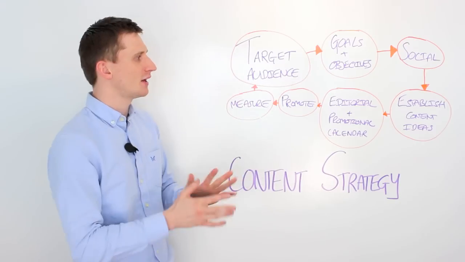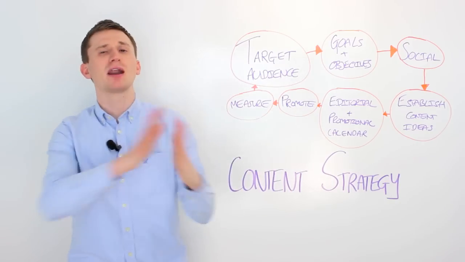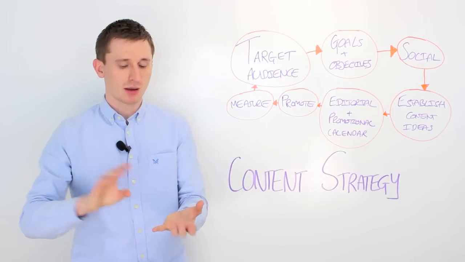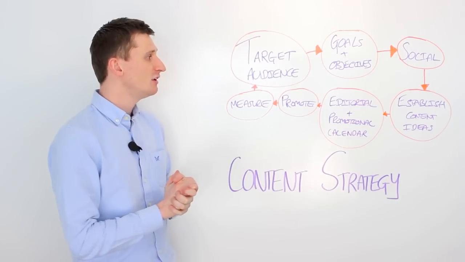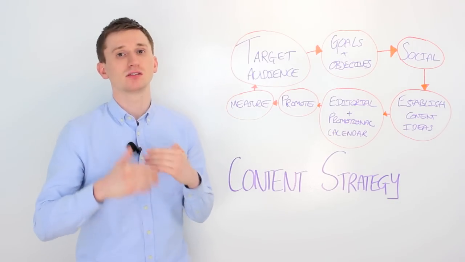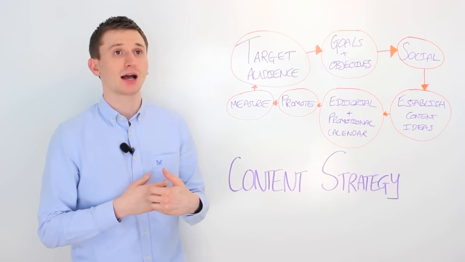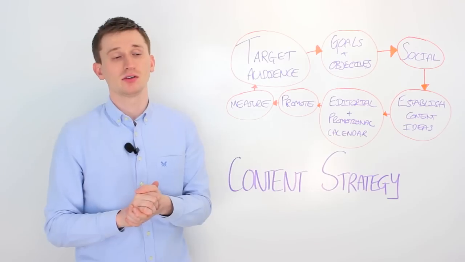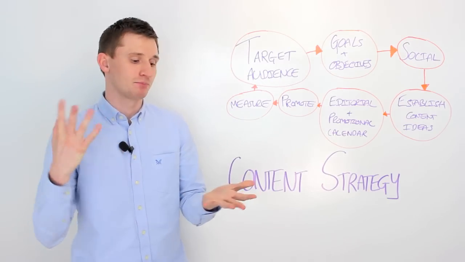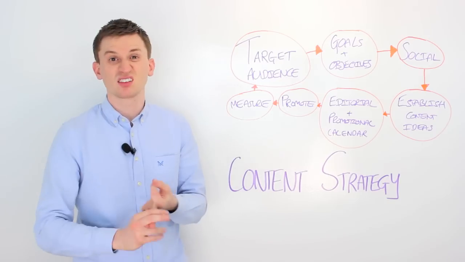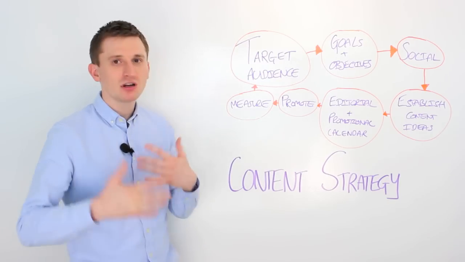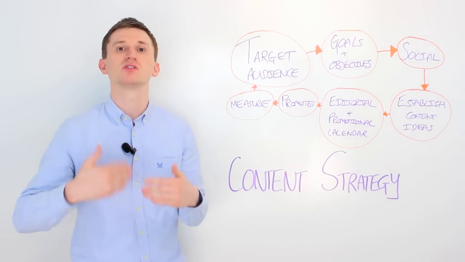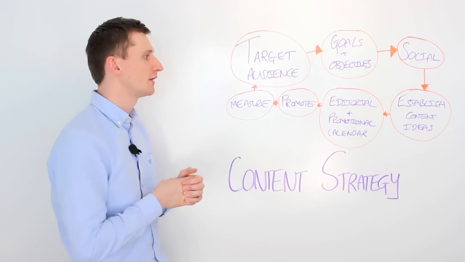So you've got all of your ideas, and you now want to map that over an editorial calendar. You want to be looking at mapping this over a 3-month, 6-month, or 12-month period. And you really want to be factoring in those key dates, those key events. You also want to be looking at more standard national holidays, so things like Mother's Day, Father's Day, Valentine's Day, Halloween, Christmas, Easter, and really think about your overall campaigns and how you can tie that in with those holidays.